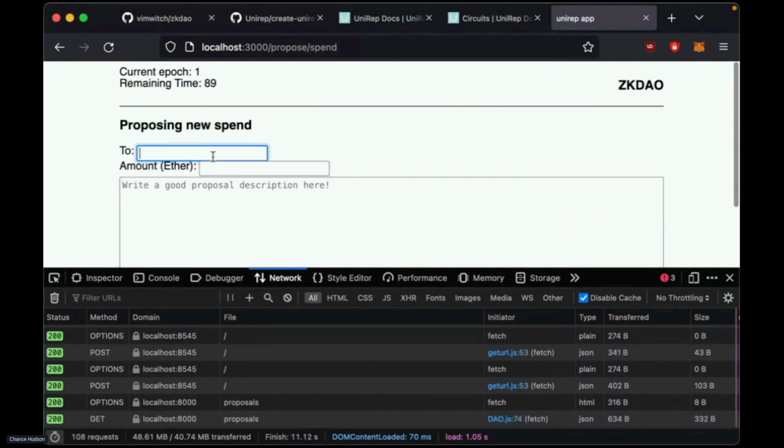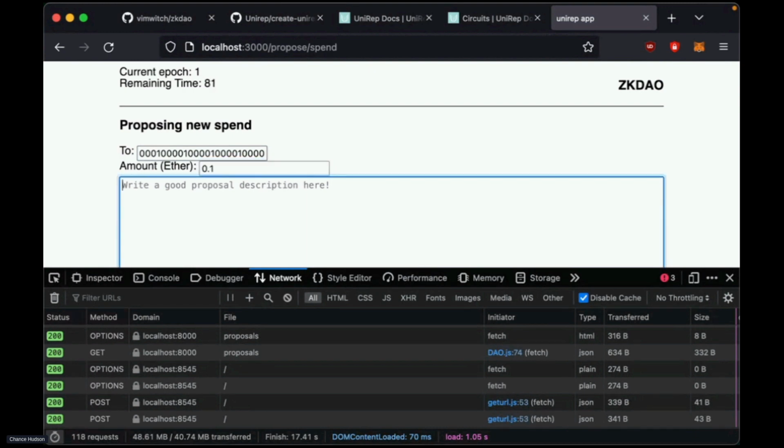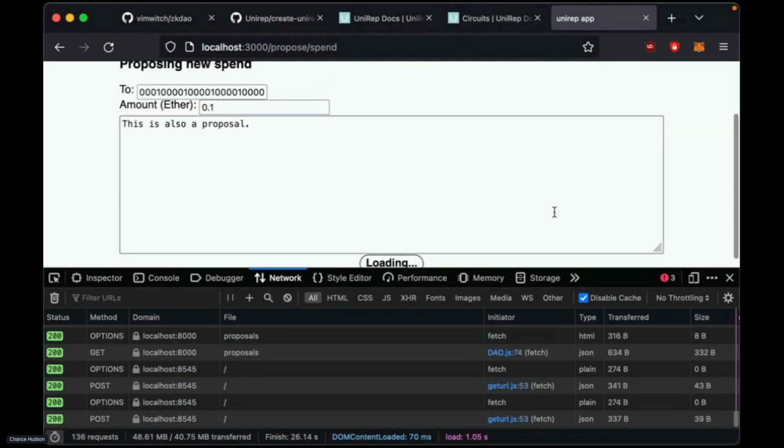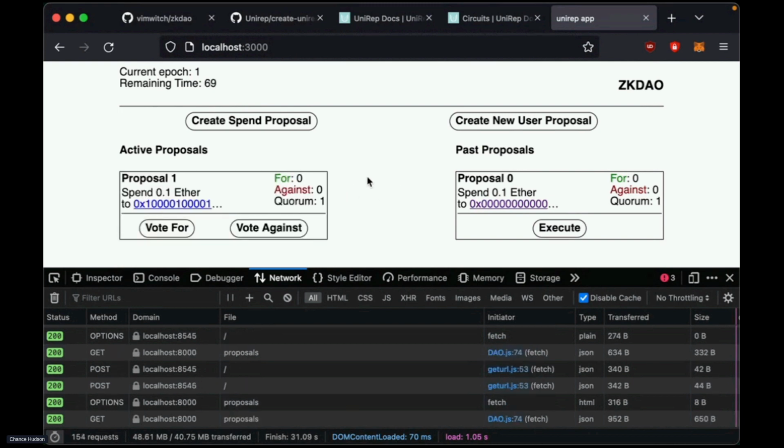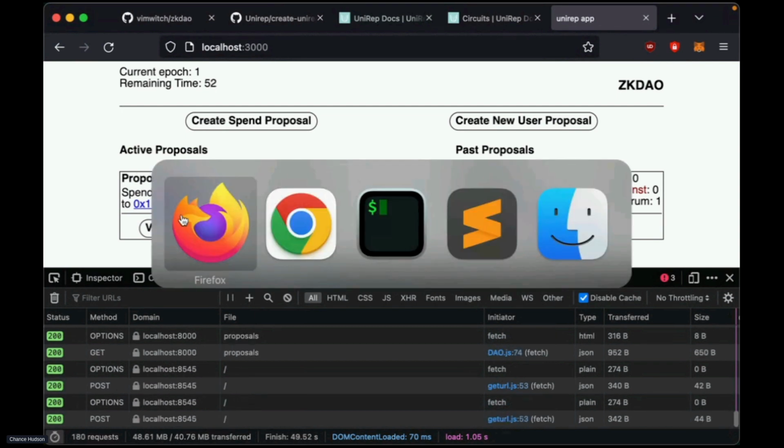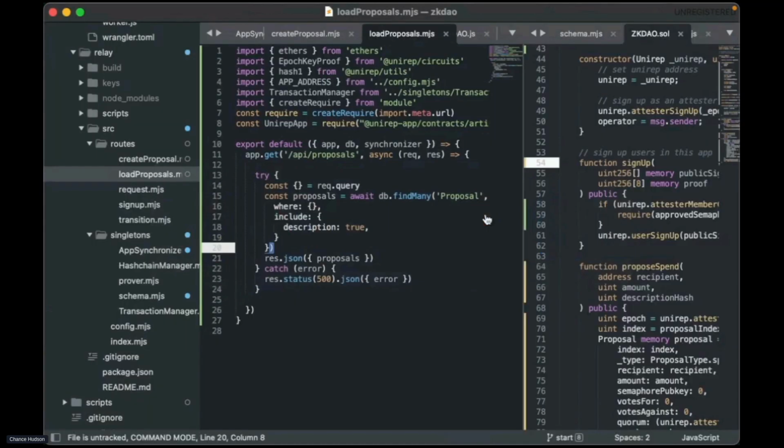So let's create a new proposal. And we'll do 0x1, 1, 2, 3, 4, 5, 10. Do another 0.1. Cool. Take this proposal to spend some ether the contract doesn't have. Sweet, here it is. So as you can see, we have this proposal. The quorum is 1 because we have 1 user in the system right now. So 100% of the users need to agree because there's only 1 user. And there are no votes. And we have these 4 vote for, vote against. So let's go ahead and try to build the voting logic real quick and see if we can get it done.